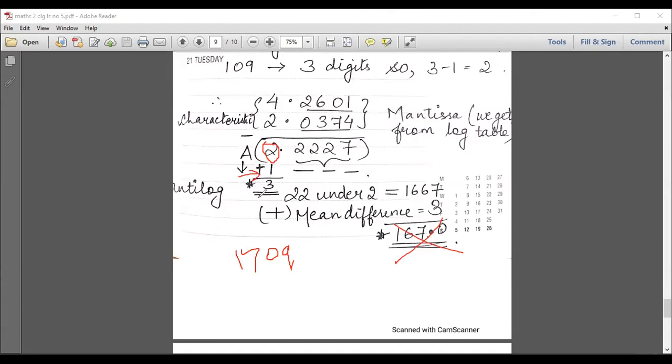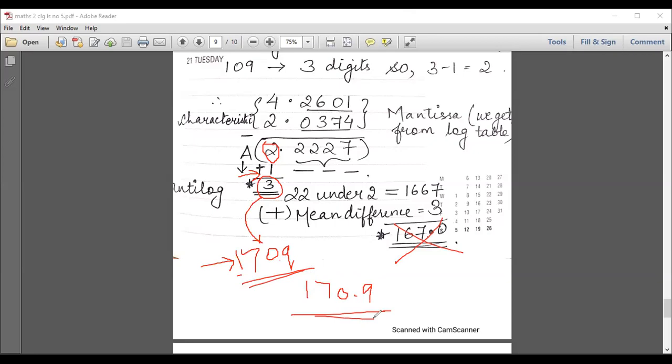So 2 plus 1, you get the answer to be 3. Now what does this 3 show? This 3 का मतलब है, for putting the decimal, you have to count the digits from the front. Usually decimal डालने के लिए we count the digit from the back, right? The normal division procedure says so. But in logarithm, you always have to count from the start. So after 1, 2, 3, after the 3 digits, you will put the decimal. So your answer will become 170.9. This is your final answer.